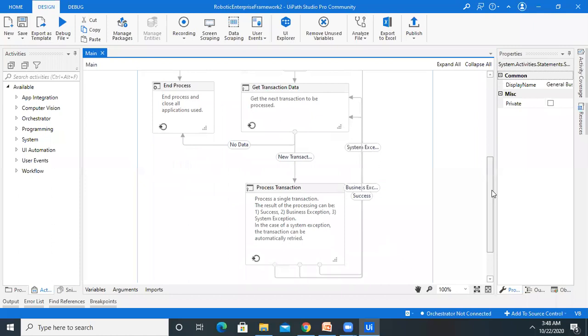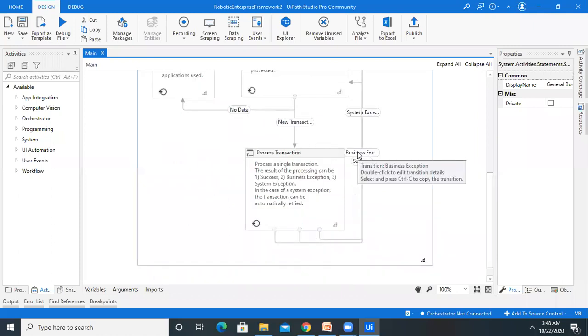Now you can see here business exception and success. These are two separate transitions. Business exception is, if you build any business logic, just take an example of an HR process, where we have an automated set of instructions for the onboarding process, and we have committed that candidates upload their experience certificate.